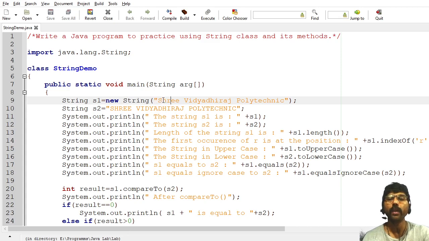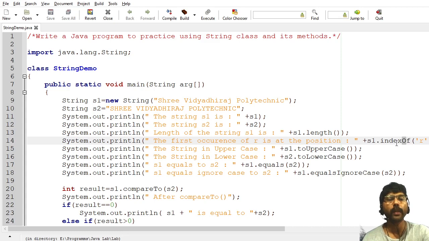Next, I have to convert this string into uppercase. Uppercase means all the characters should be in capital letters. That can be done by a method called toUpperCase. You see properly, most of the methods in Java use a technique called camel case. Camel means the first word should be small letter. The second word, first character is a capital letter. For example, see here, O is a capital here.